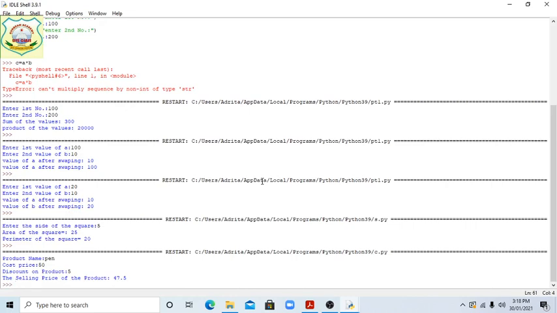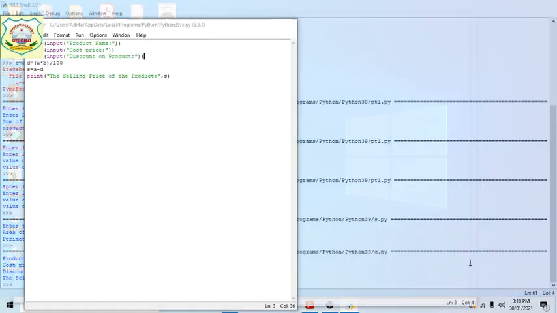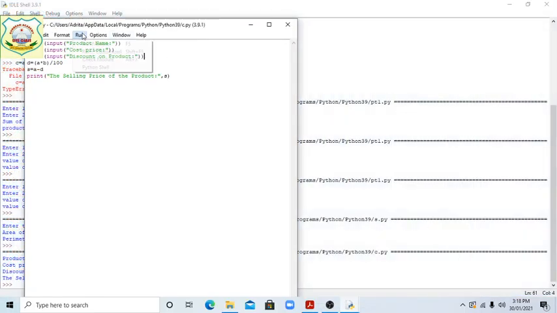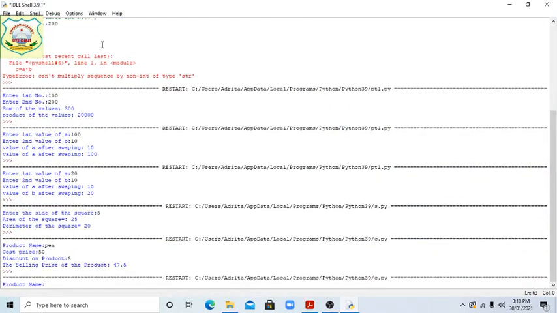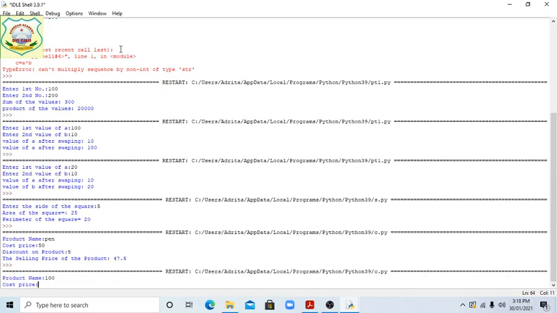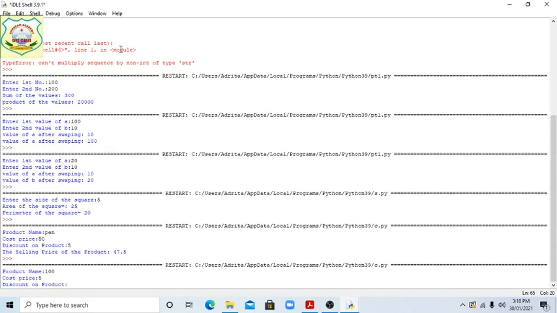Suppose we have given the 10%, and what happened? See first of all. Run. Suppose 100. Then 5%, 5 will come. Sorry. Product name is being asked now.